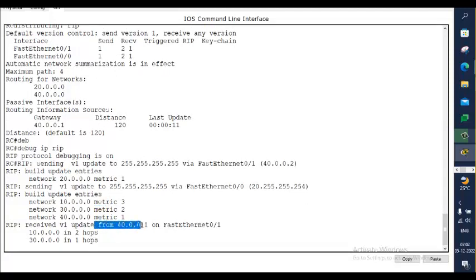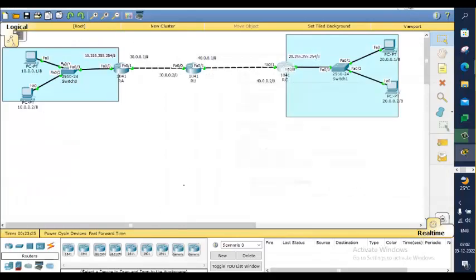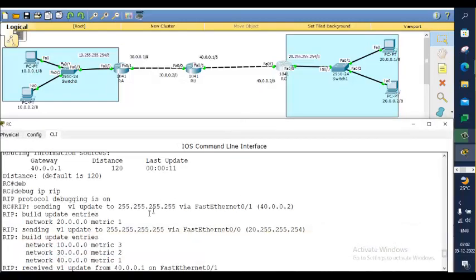The 10 network is received with a hop count of 2. Who is advertising this? 40001, listen carefully. This is 40001. This source is advertising to this guy about the 10 network. And router C is learning the 10 network as